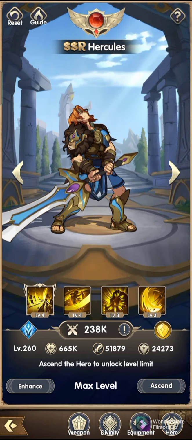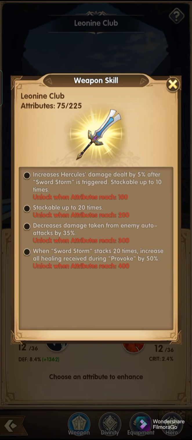So the one that is stackable is his attack or damage dealt. Okay, so every Sword Storm, he will gain massive amount of damage and massive amount of health or recovery. And at 200, it is stackable up to 20 times. And then